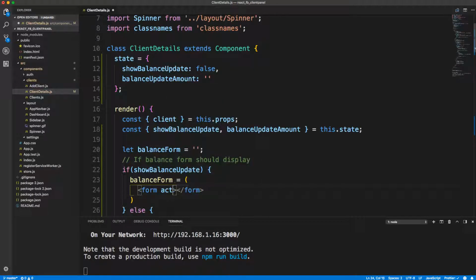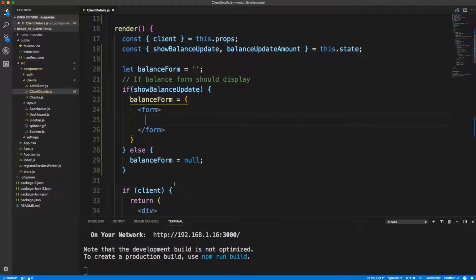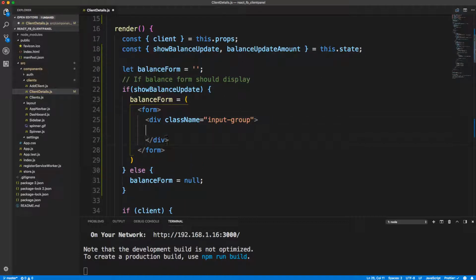We don't need an action. Okay, so balance form, and then inside here we're going to use an input group from Bootstrap. It'll be a div with the class of input-group, because we want it inline. We want the input and then a button kind of attached to it. So input group, and then we want to put the input,